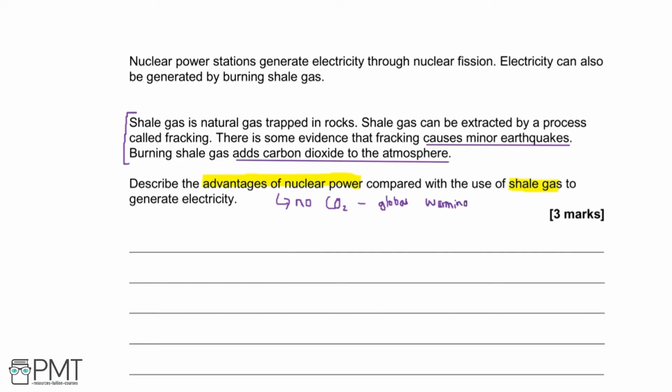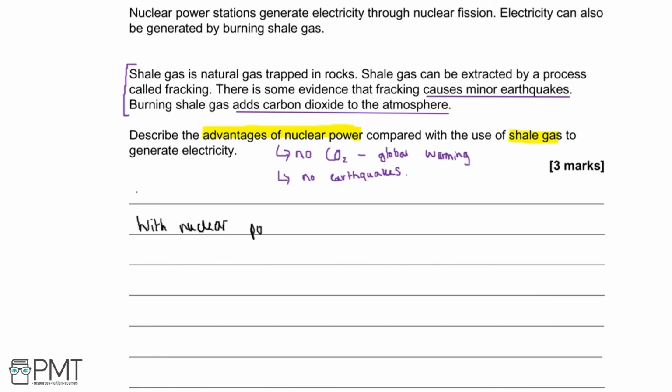And then we can compare the fact that we know that nuclear power is less destructive to the environment. Although we do have radioactive waste, what we don't have are earthquakes. So we can mention this, and that will be our 3rd mark. So you can see it's quite simple to extract the information from the paragraph. You don't need to know anything about shale gas and compare that to what we do know already about nuclear power. So our 1st mark will come from saying that